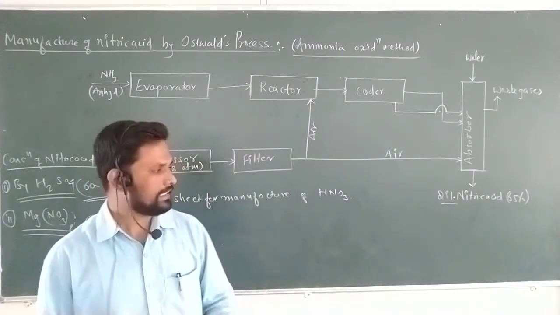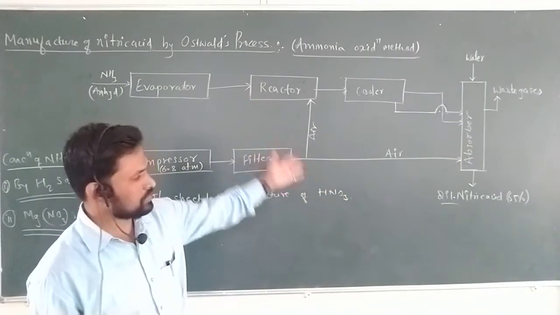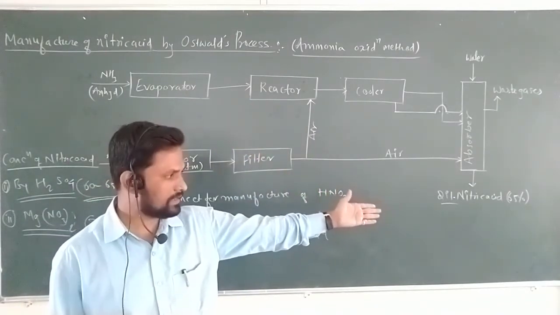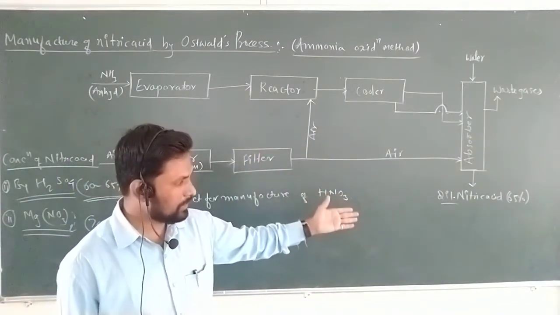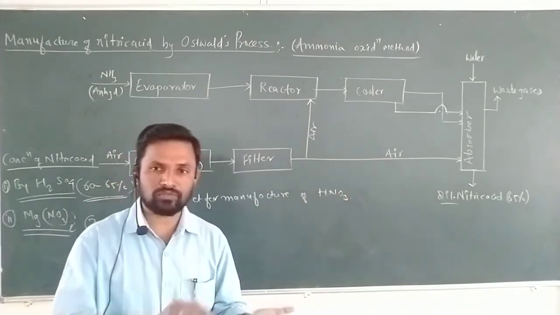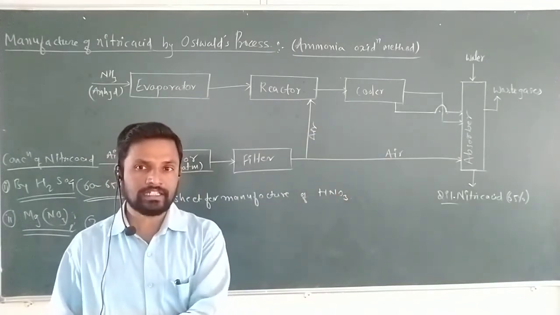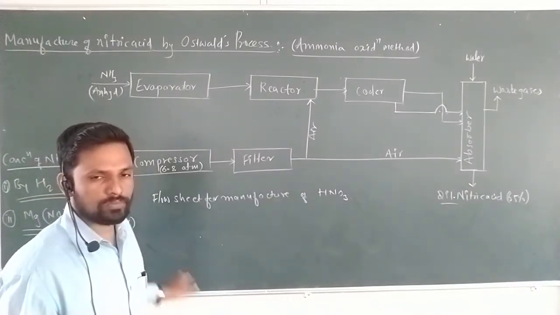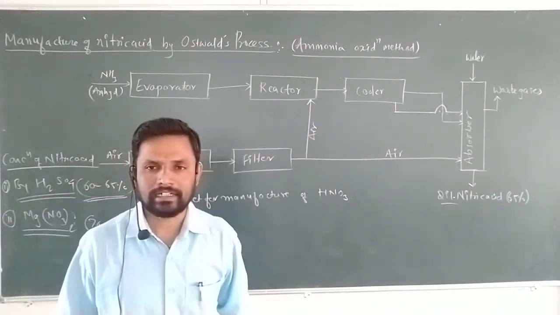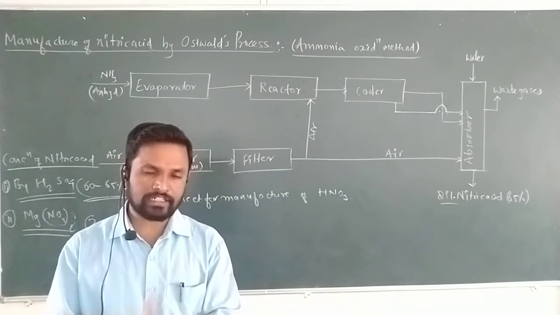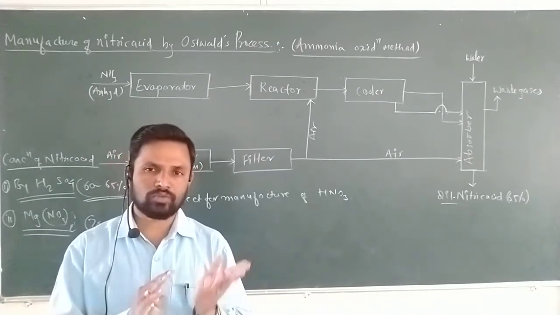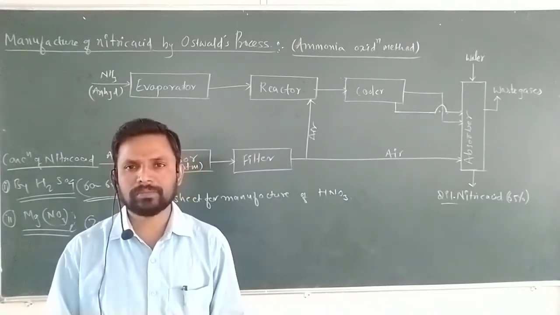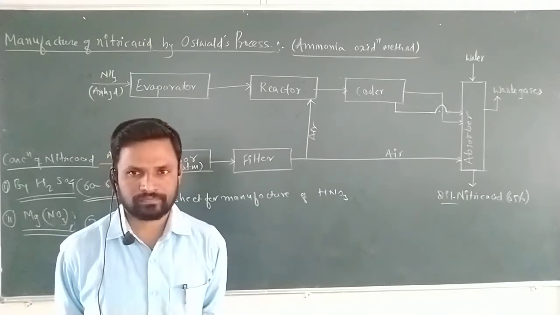So, likewise, initially in the Ostwald's process, diluted nitric acid is formed, that is 65%, and this 65% diluted nitric acid is converted into concentrated nitric acid by using H2SO4 and magnesium nitrate, because both are used as dehydrating agents. In the diluted nitric acid the water molecules are there, and those are removed to give the pure concentrated form.